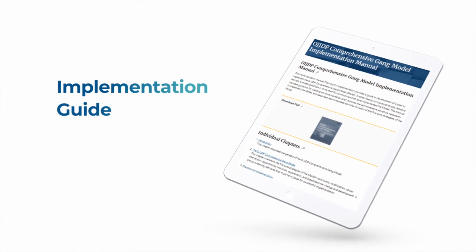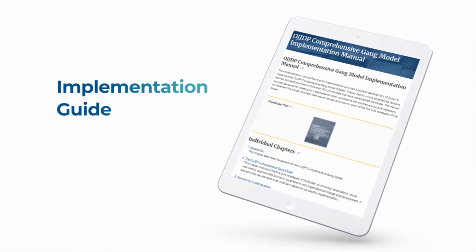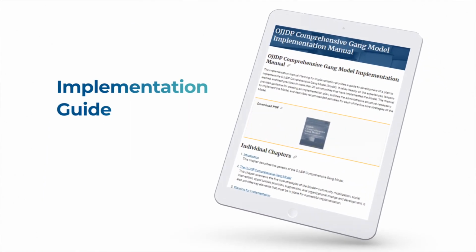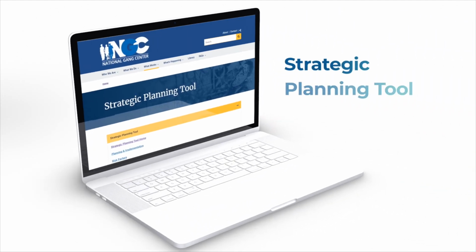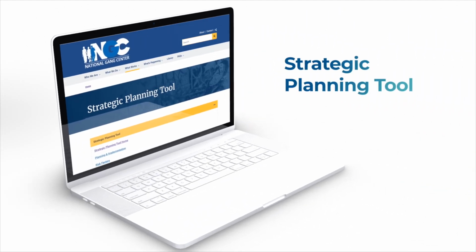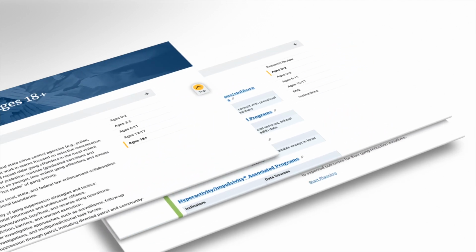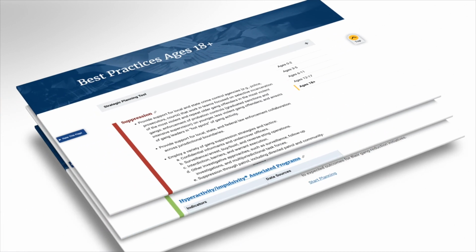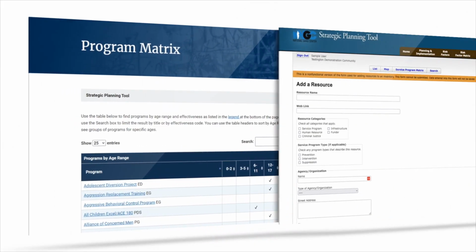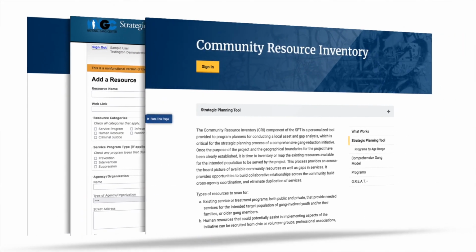Planning for Implementation is a guide to implementing the Comprehensive Gang Model. The Strategic Planning Tool is an internet-accessible tool that provides information about effective and promising programs that address risk factors affecting youth. The tool also provides a database to store and correlate information about resources in